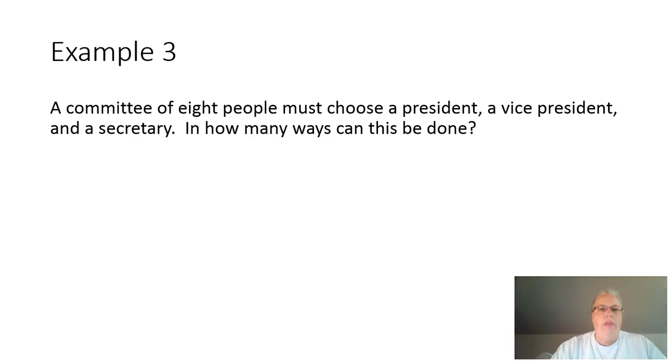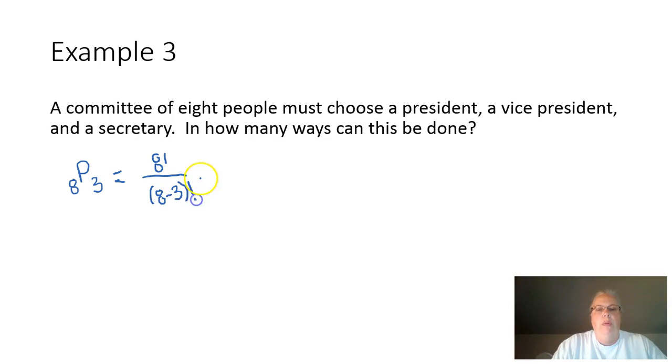Example 3. A committee of 8 people must choose a president, a vice president, and a secretary. In how many ways can this be done? Alright, this is going to be a permutation, and we have 8 in our sample here altogether, and we're supposed to choose 3 of them. So this is going to be a permutation of 8 things taken 3 at a time. And if we put this into our formula, that means we're going to have 8 factorial divided by 8 minus 3